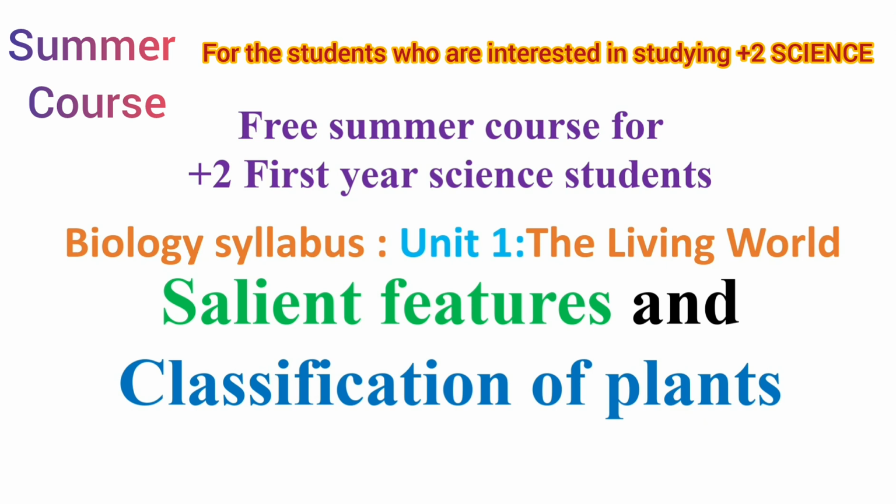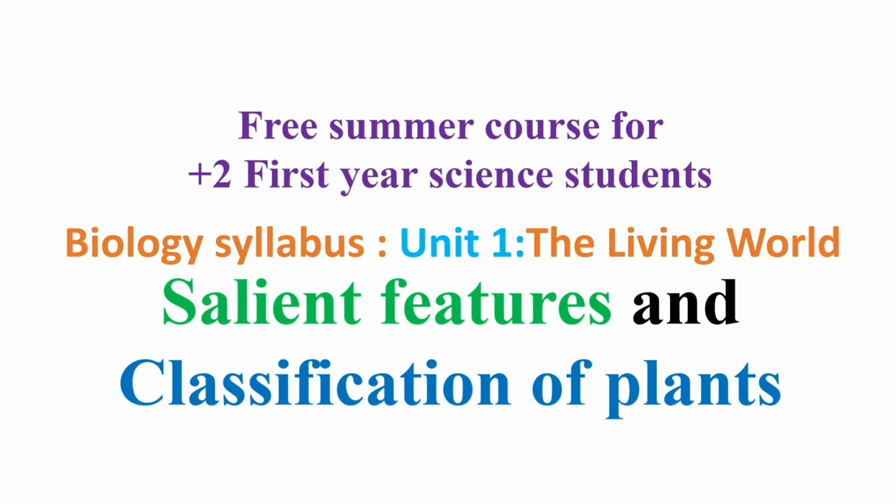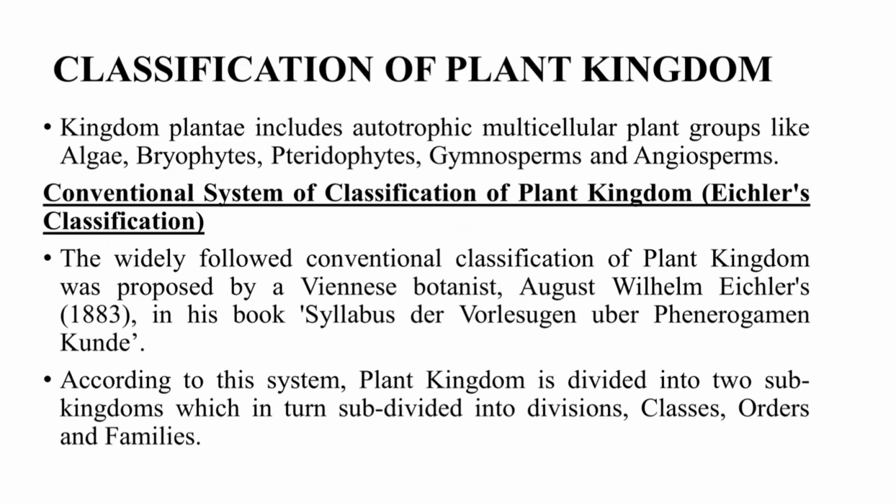Today we will discuss the salient features and classification of plants of the plant kingdom. It is present in unit 1 of your biology syllabus, unit 1 the living world, in your plus 2 first year science biology syllabus. So today we will discuss the salient features, that means the characters of the categories present under the plant kingdom, and the classification of the plant kingdom. So let's start. At first, the kingdom Plantae includes autotrophic